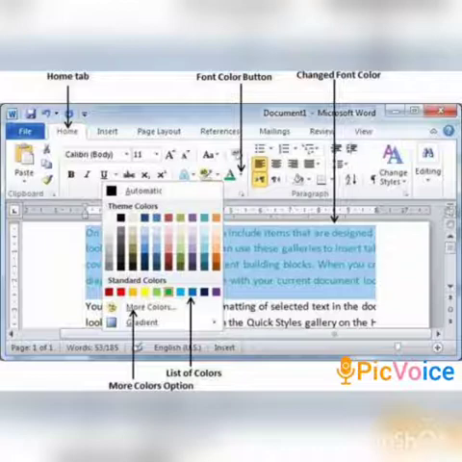Then choose any one color you want for the text from the font color control. Remove the highlighting on the text by clicking outside of the text that is highlighted. Then the color is changed. Choosing font color for text.